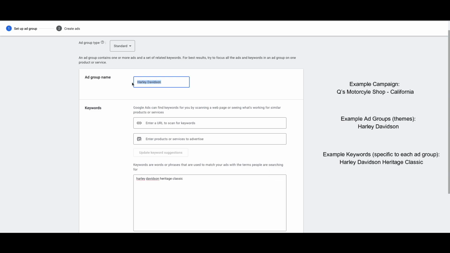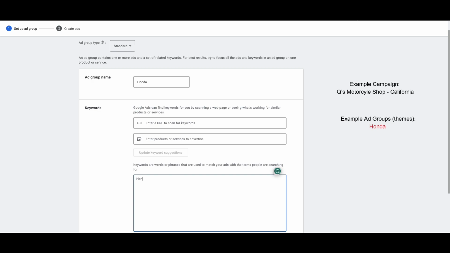Now another ad group that we may have underneath this motorcycle campaign would be Honda, right? And then again, we can pull a Honda URL. We can go to the Honda website for Honda motorcycles, or our own URL, and plug that into the URL field here and get keyword suggestions. Or we can create our own keywords, so we can use Honda. Another specific model could be the CB1000R. All right, so now we have a Harley Davidson ad group and we have a Honda ad group,